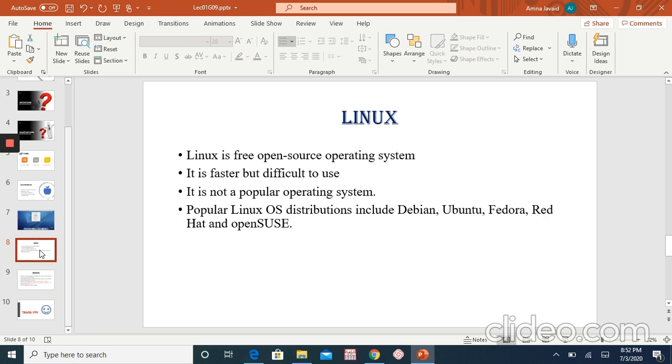There are also some versions of Linux that are used on famous servers or run on different supercomputers. The popular distributions of Linux are Debian, Ubuntu, Fedora, Red Hat, and there are other famous versions of Linux like Kali.